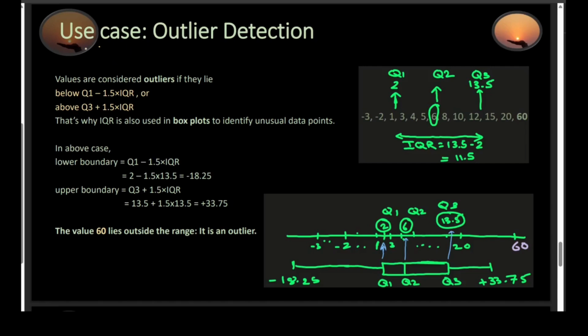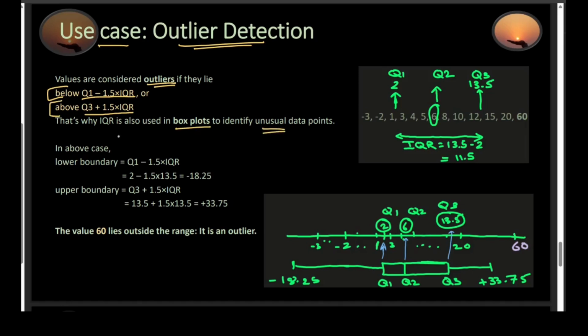Now let's look at a use case of your quartiles. How do we use Q1, Q2, Q3, and IQR? Values are considered to be outliers if they lie below this value or above this value. So these are my upper threshold and lower threshold. This is my lower threshold. This is my upper threshold. And that's why, by the way, IQR is used in box plots to identify these outlier points,